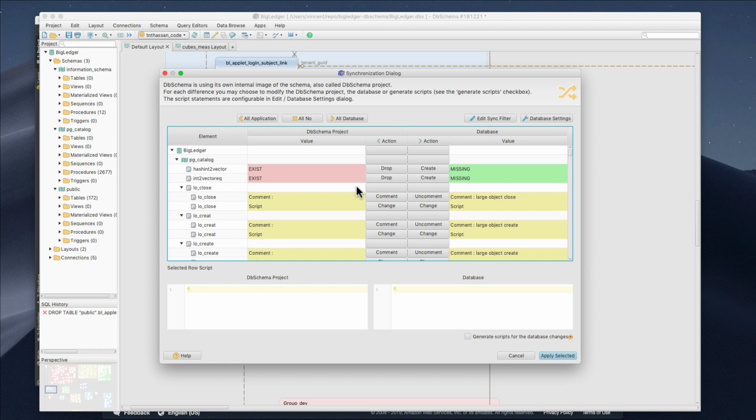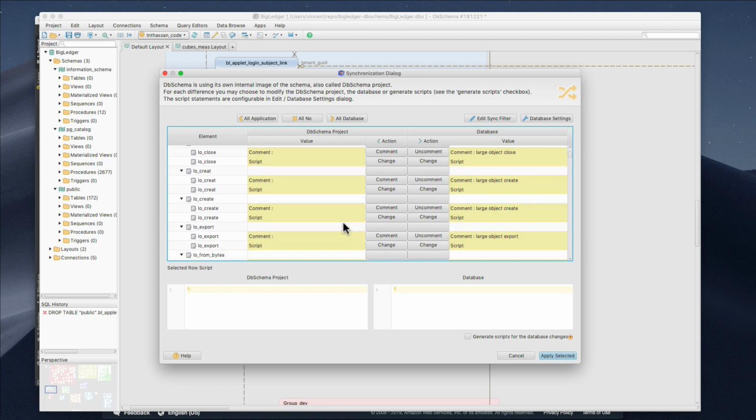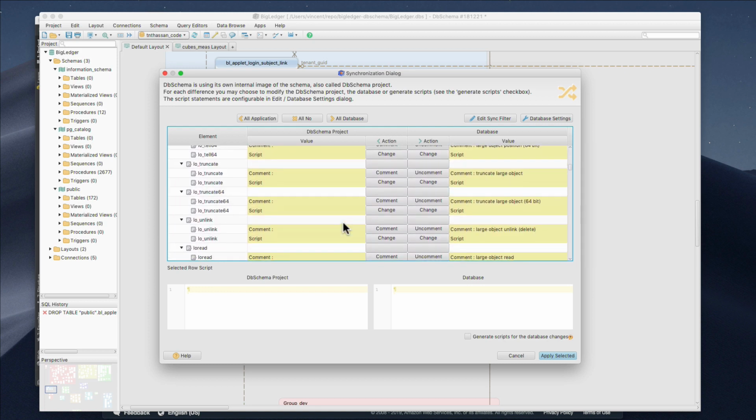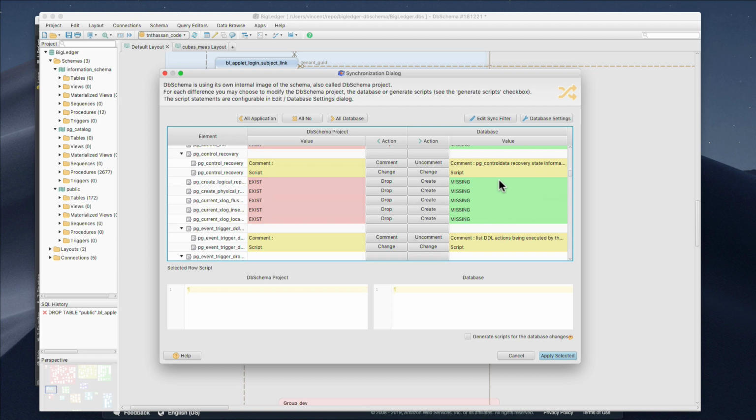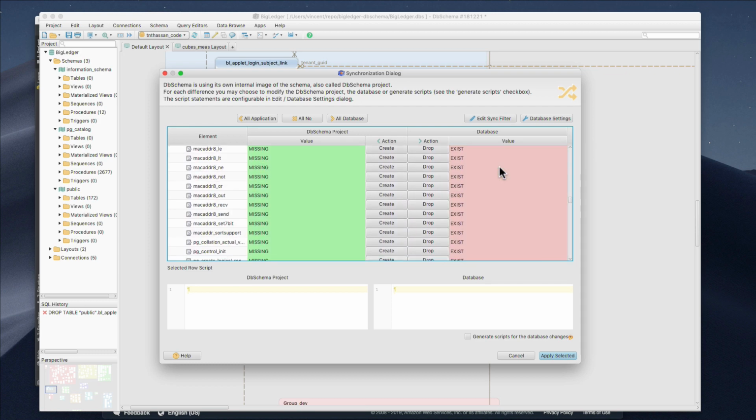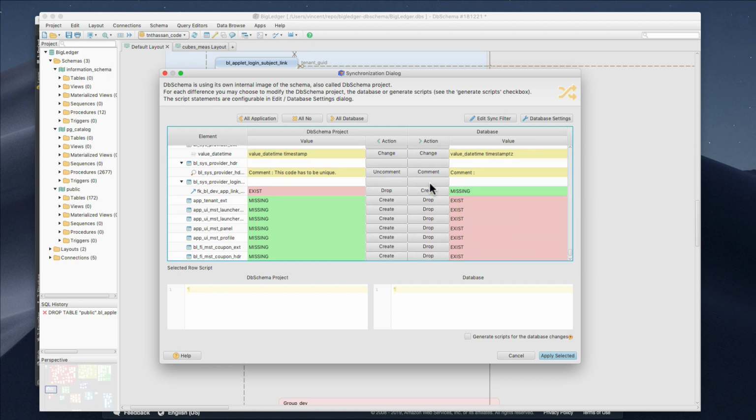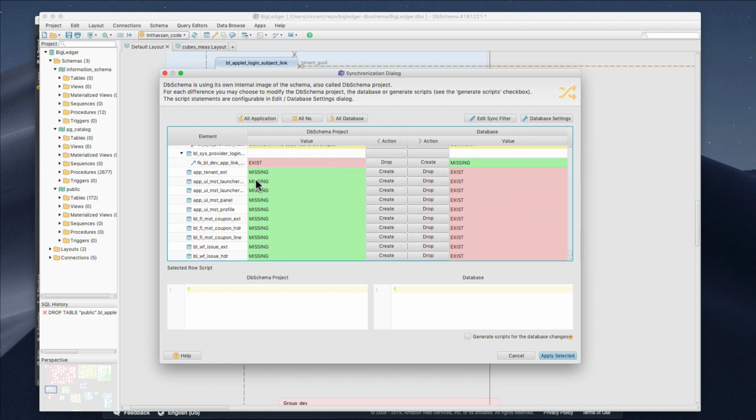So let's just say you have already put a comment, large data, large object for this. Okay, so you have a comment. This comment is not actually done by us, but this is the PG catalog, yeah, PG catalog, right? But here is our table, right? If you look at this, oh,